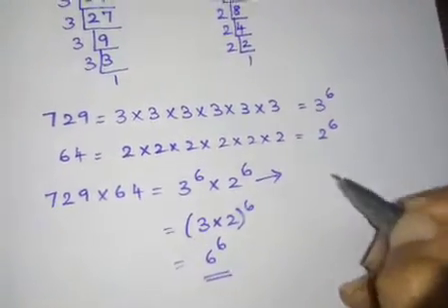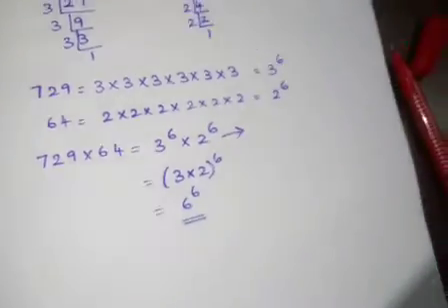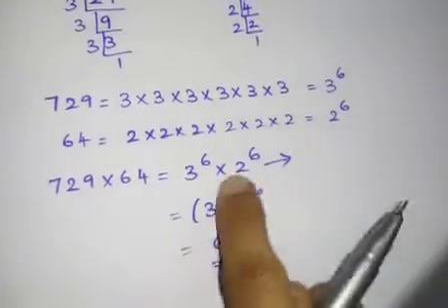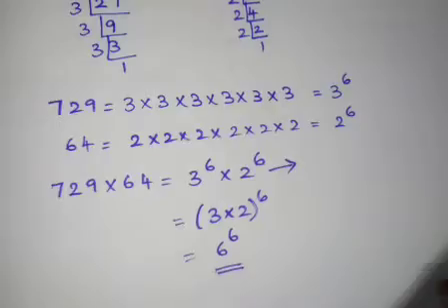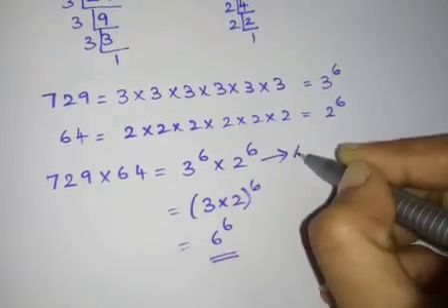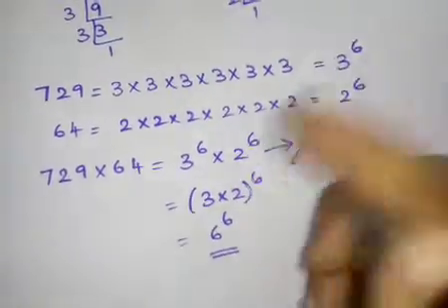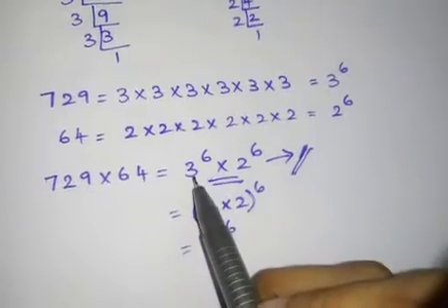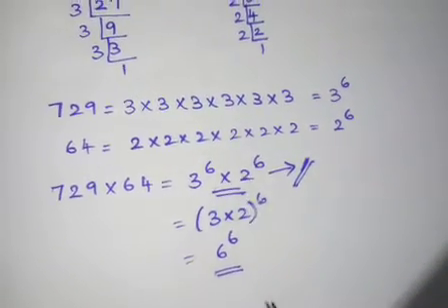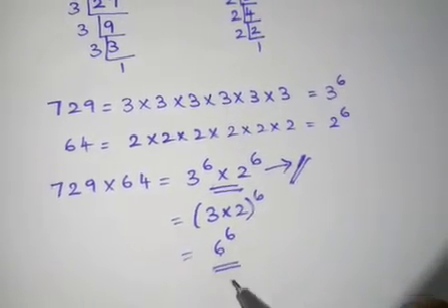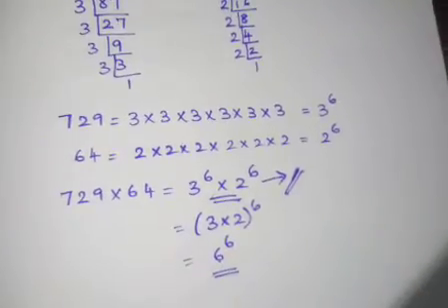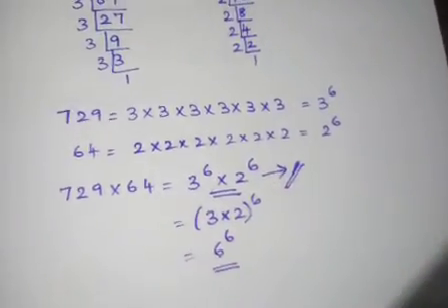Okay, this is the correct answer because they asked you only for a product of prime factors. 6 is not a prime number, so you can stop till this. You can stop till this, children, because they asked you for a product of prime numbers. But here 6 power 6, 6 is not a prime number. So stop till this. That's enough.